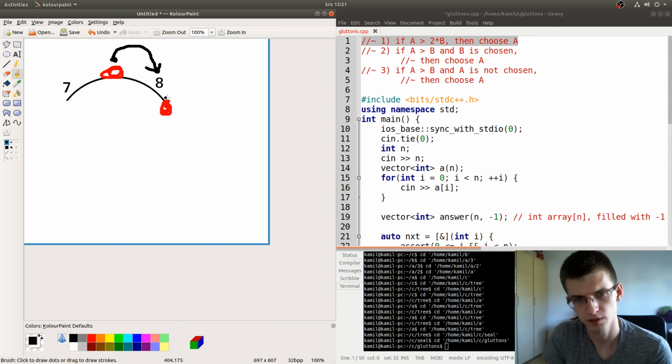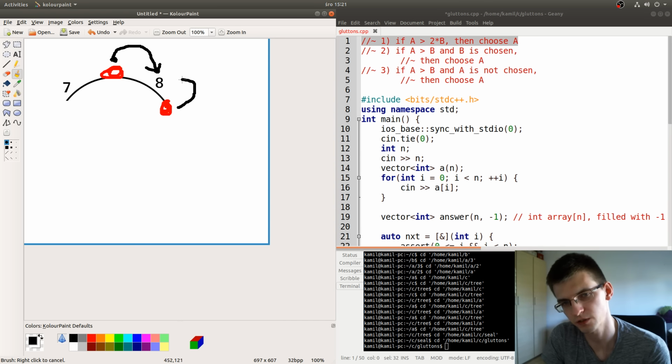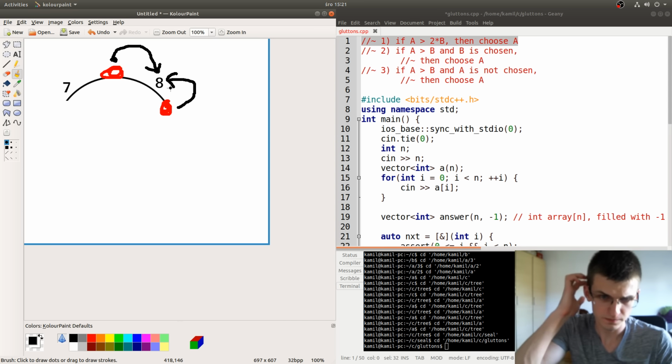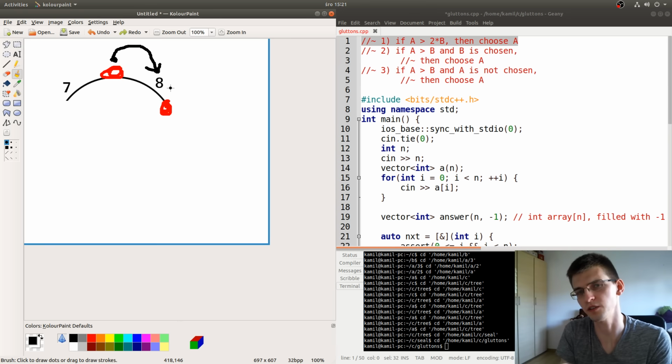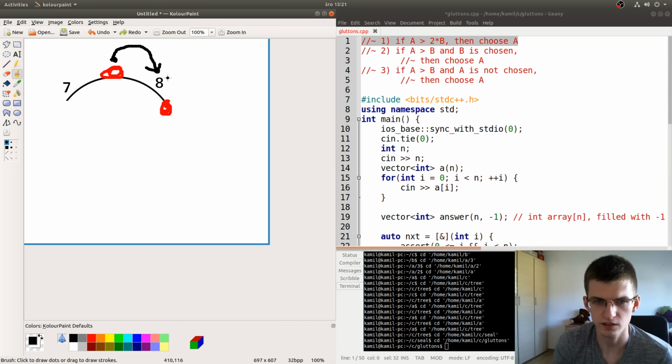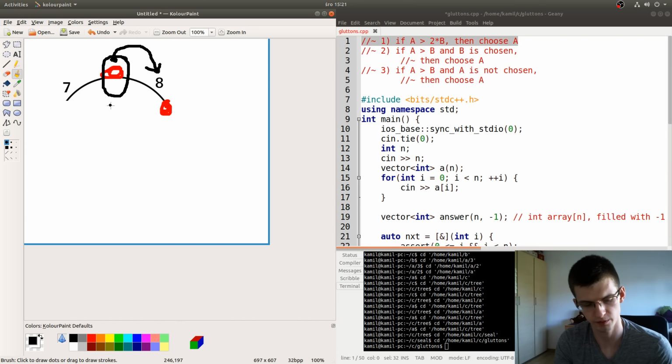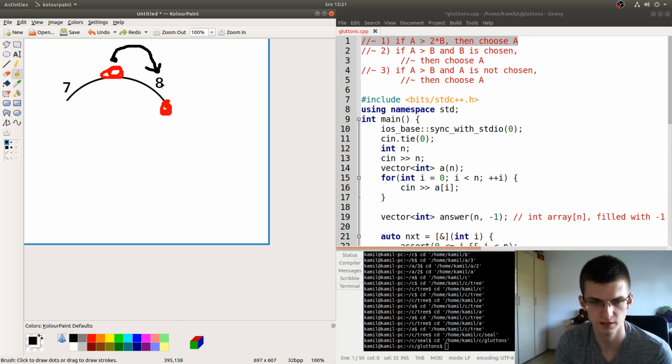What if it turned out for him to be better to choose this? We said that right now no value is 2 times bigger than an adjacent value. But this 8 already changed for him to 4 because somebody is already taking it. Somebody is already taking at least half of this cake.